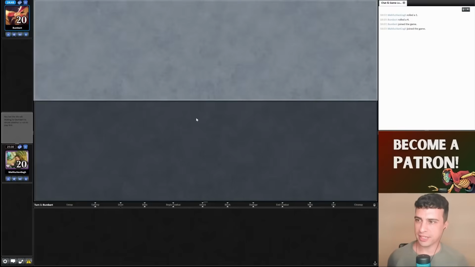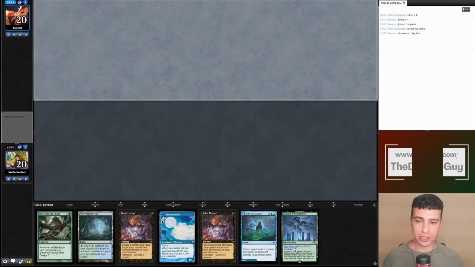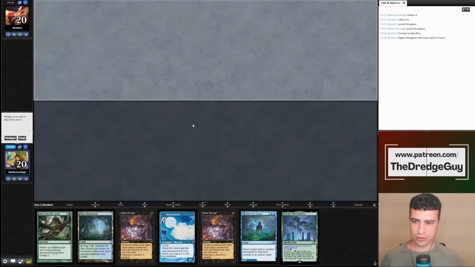Round 3, we are paired against Bumbert. My opponent is choosing what to... Alright, we are on the draw. We have Loam here, but this is so slow. On the other hand, double Therapy on...